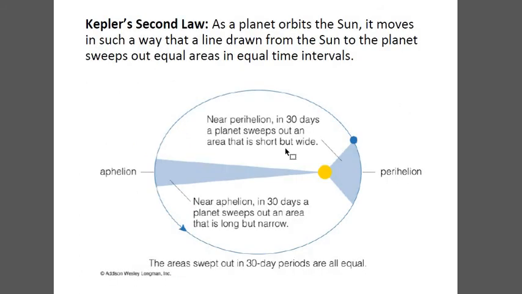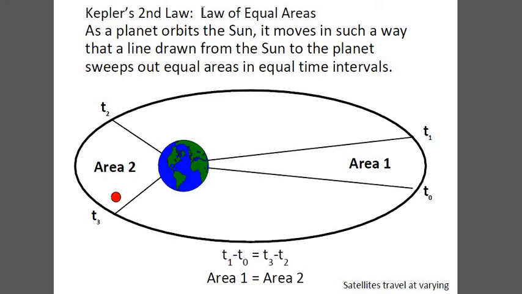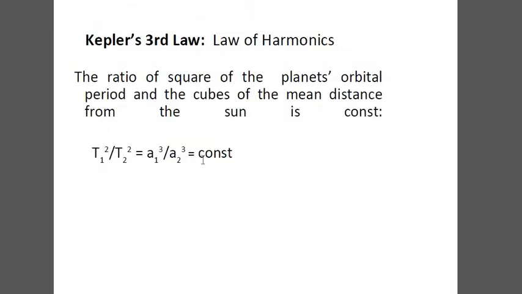Second is the law of equal areas. When you calculate the areas swept from a particular line, both the areas will be equal. And the third one is the law of harmonics, where the square of the planet's orbital period is proportional to the cube of the mean distance, that is equal to a particular constant. So these are the three laws of Kepler, or orbital mechanics. Orbital mechanics was given by a scientist called Kepler, and he has given us the three laws.